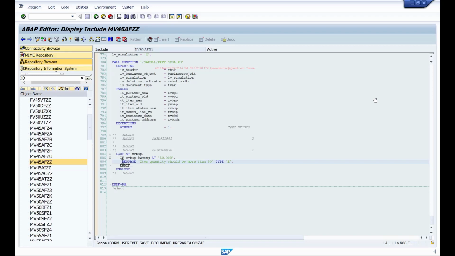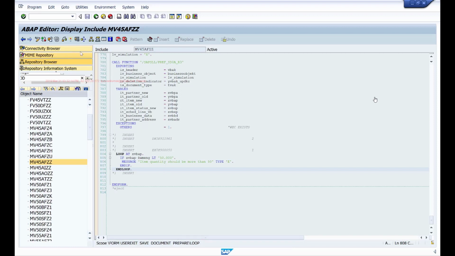With user exits, there is no way for you to switch it off. If you don't want this, then you have to comment out this code or delete this code. That's the only way to stop it from working. Again, if the user says only for certain things we want this and for certain things we don't want it, then there's no way you can selectively activate this, right? With the switch framework, once you implement the exit, you don't have to delete it if you don't want it in the future. You can simply turn it off. That's what we call the switch framework. So I'll show you how that works as well.